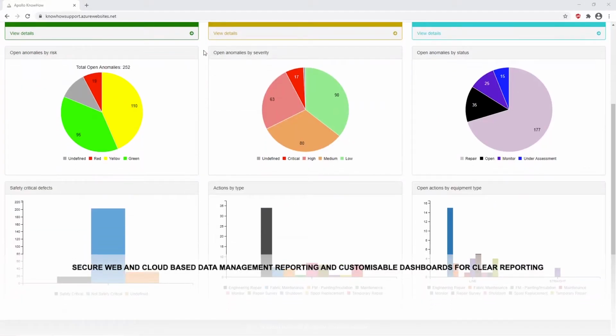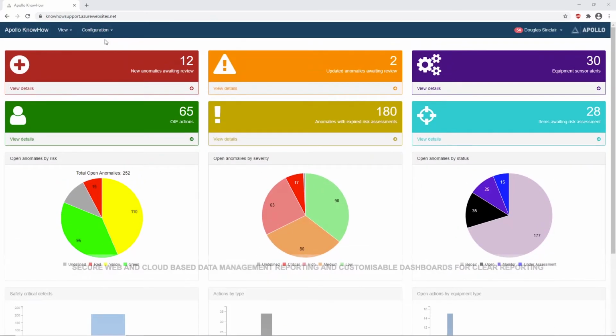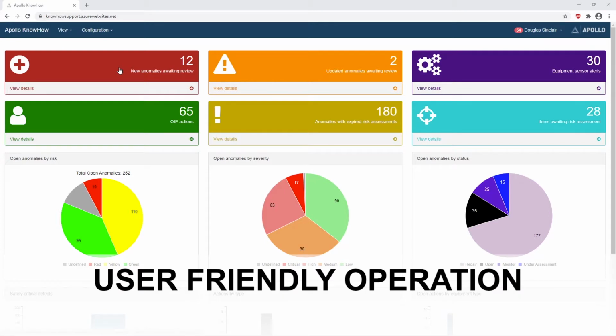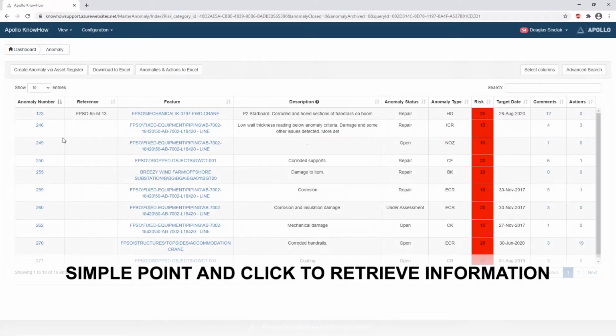Apollo KnowHow is a secure, web-based and cloud-based data management tool. It has customizable dashboards for clear and easy reporting of your data. As you can see here, it uses friendly operation. You simply click and it will bring you down into a further menu, and simply point and click to retain